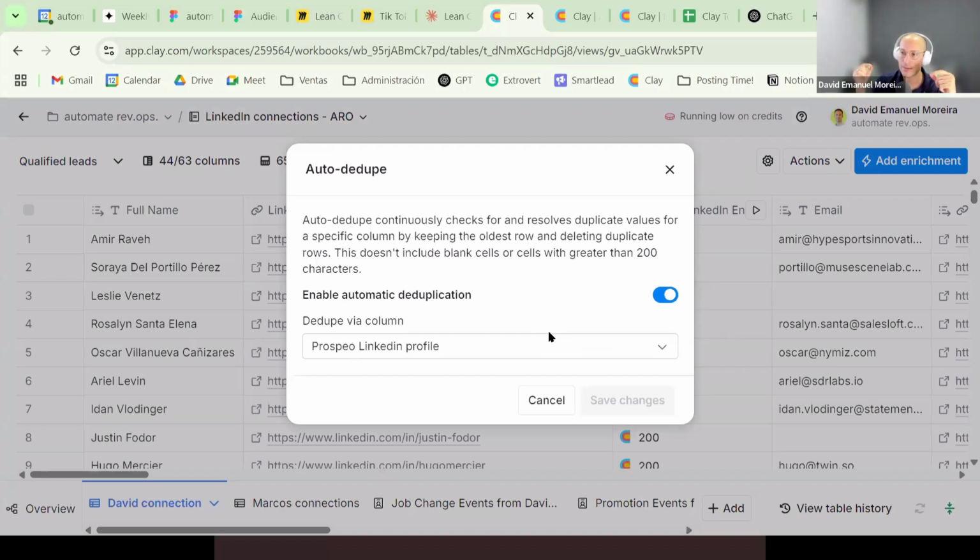So every time you have the same record in a different row from this column, it will delete the newest row. So for instance, if you are uploading the same CSV twice, or you're uploading two CSVs and you have the same records in them, it will delete the newest ones, the ones that you uploaded